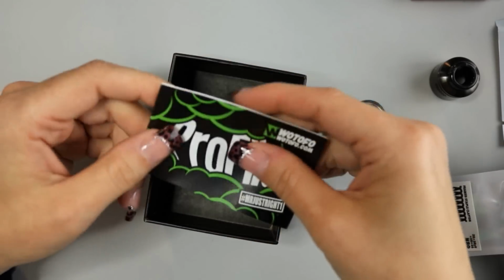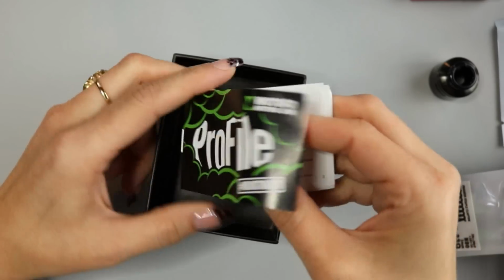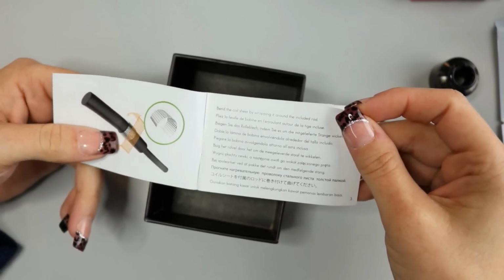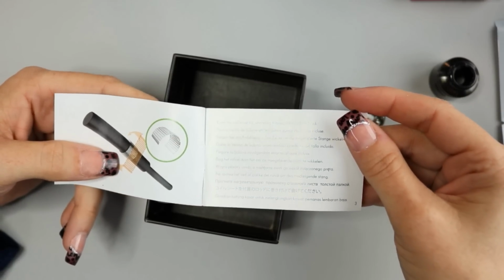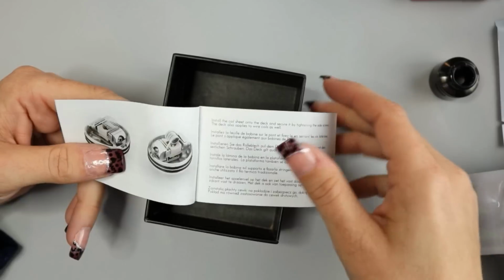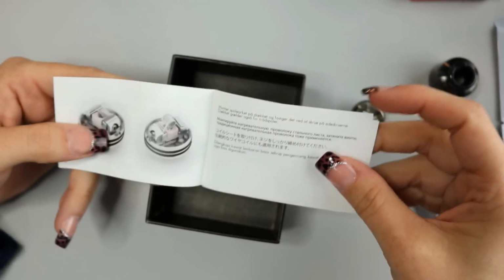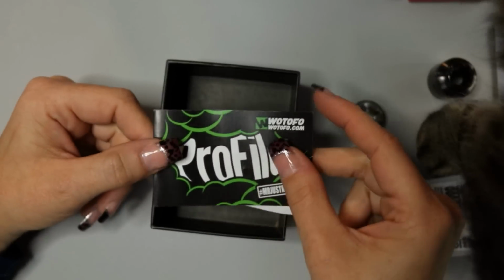And finally, in the very bottom, you will find your Profile RDA user manual. So this is going to give you a little information about how to use that ceramic tool that I showed you, how to wrap your mesh around it, how to install both the mesh and a single coil, how to wick the mesh coil, and there's a guest